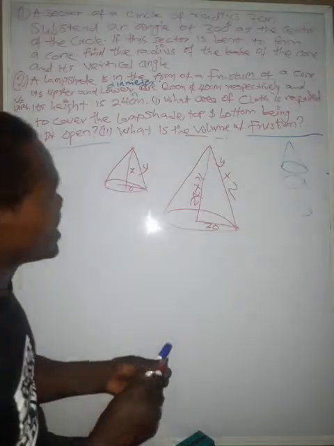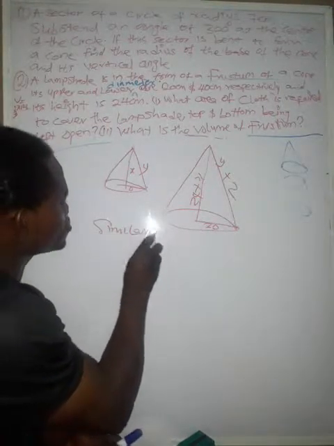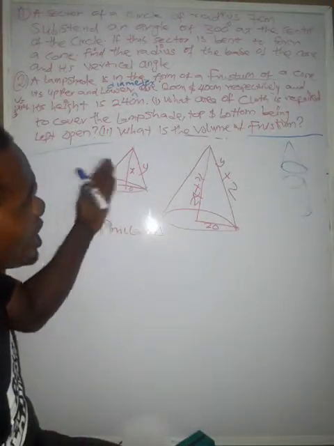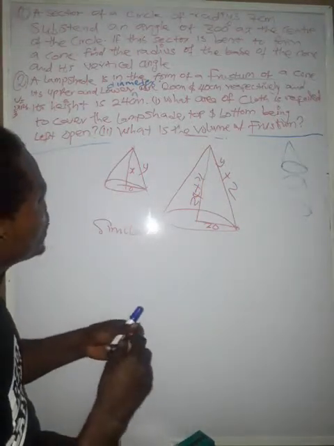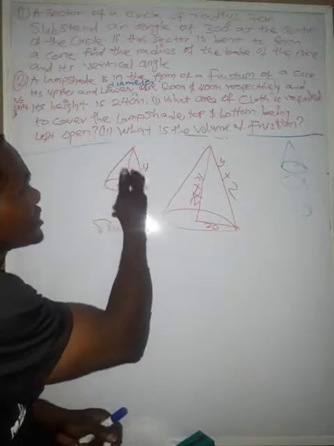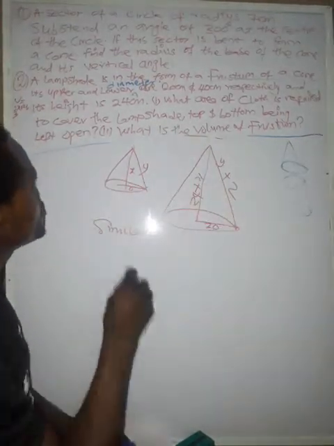So now I have this and I also have this. What would I do? What do I mean by similar triangle? Whatever I do here, I will do the same thing to this place. So now what I need is the height. Once I calculate the height, I can use Pythagoras theorem to know Y. Then do the same thing here. Then I'm good to go.